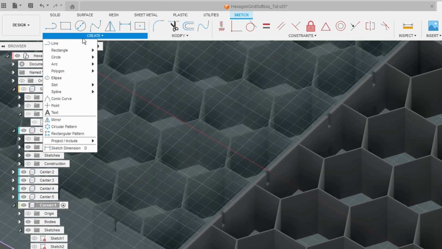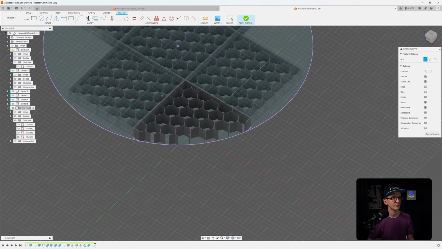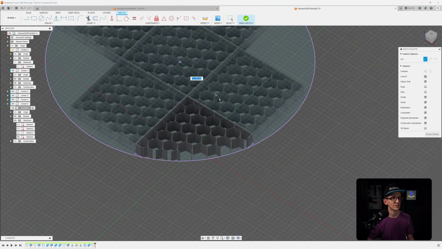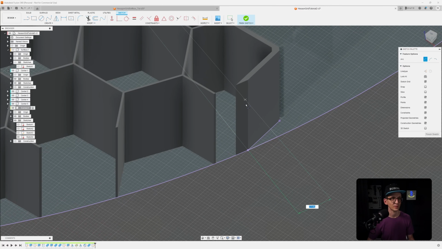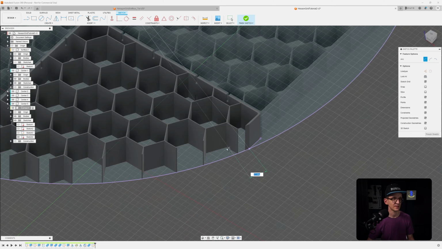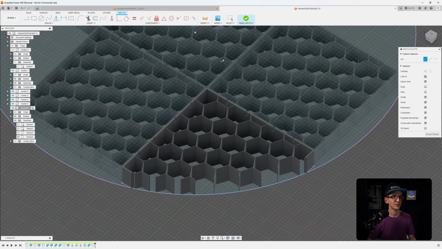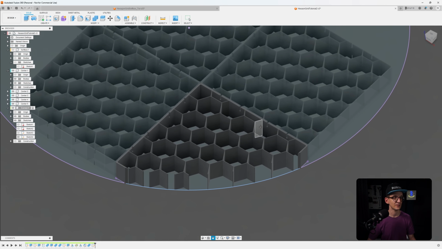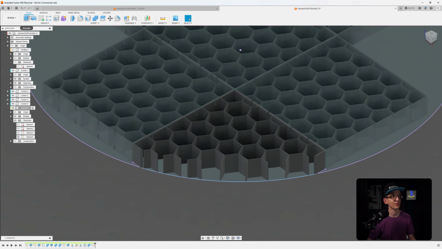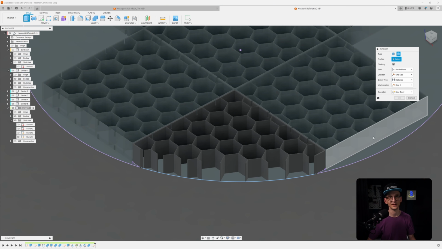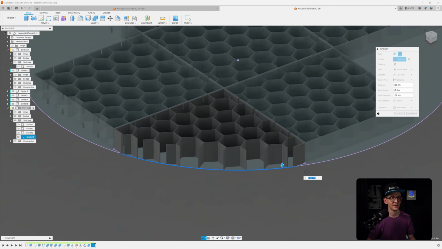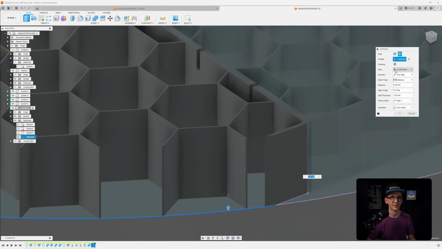We then go to create and arc and center point arc. For the center point, we select the center point of the reference here, and we go to the first ending point where the geometry is currently ending. And we draw an arc, which is barely visible, all the way over here. And now as we have the arc, again, we can end the sketch and we can use this arc to thin extrude again. So thin extrude all the way up to the upper part here,